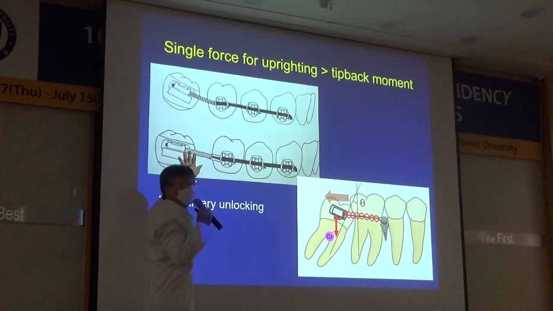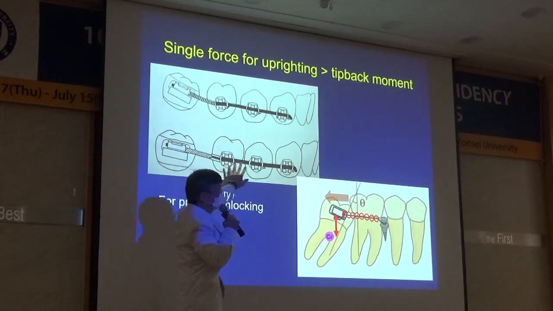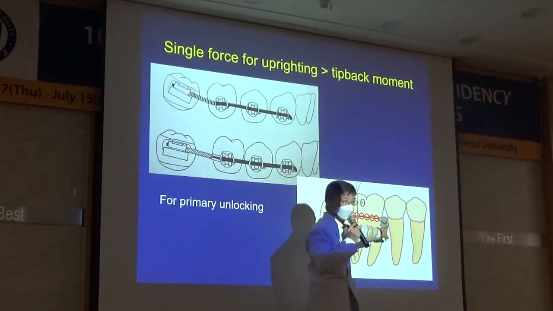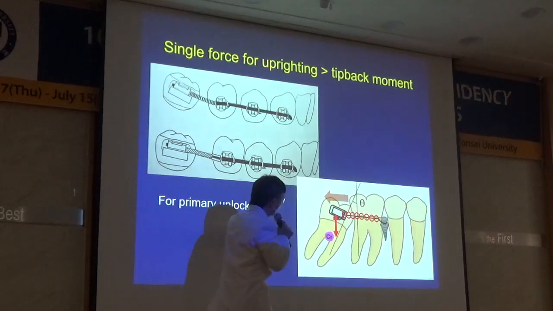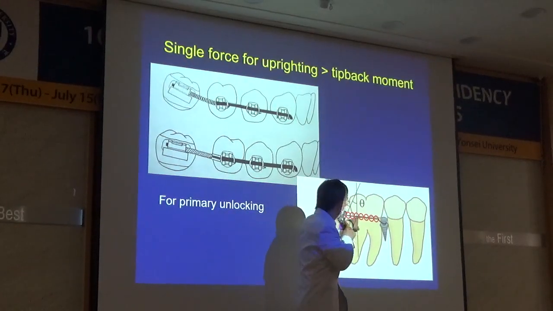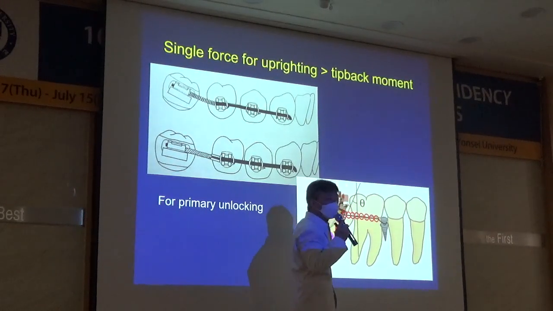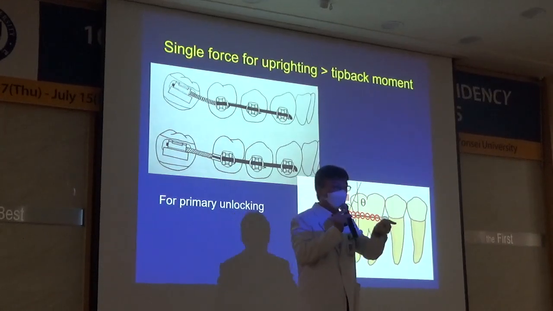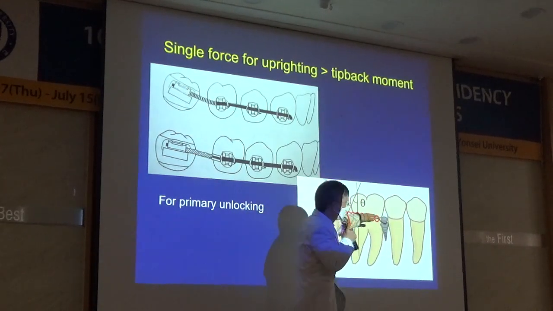In this force system, you know there is a side effect. We want to get rid of it. Okay, I'll use a minuscule force. Second thing, I'll use a single force. Just imagine, this is a mild mesial angulation. This is exactly why I told you to draw an arrow, draw a line.